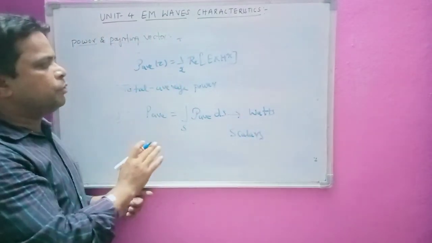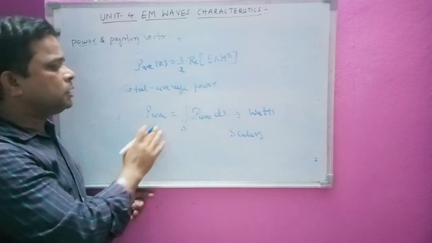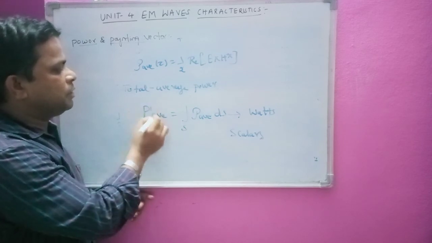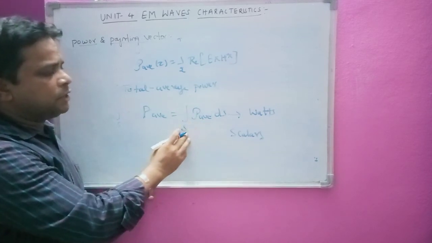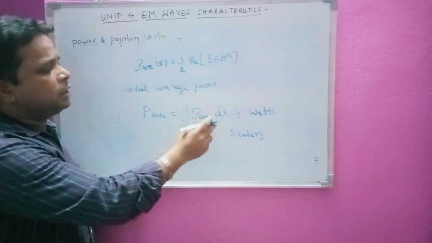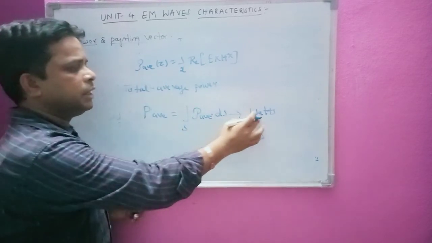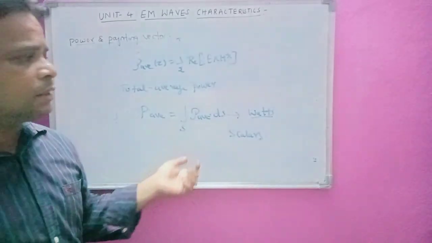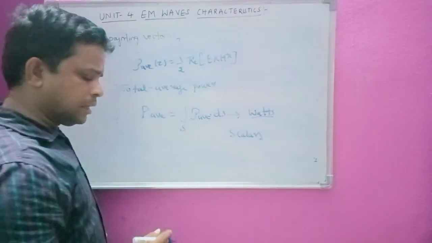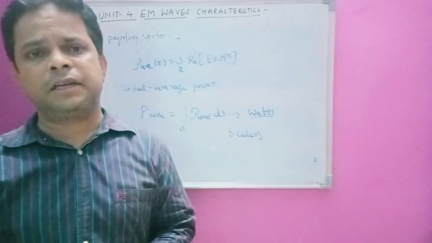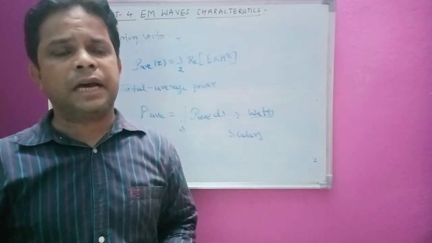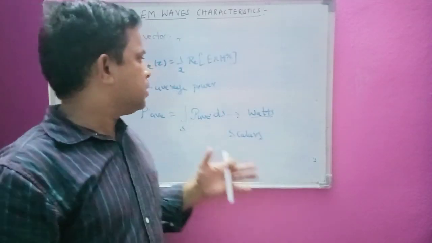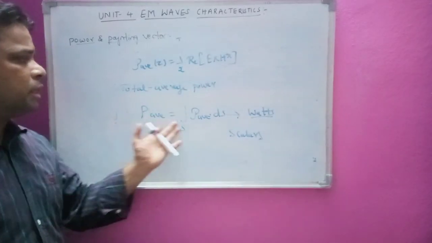So now finally I am going to conclude this lecture with this total average power. The total average power here is capital P average. So don't get confused. This is the total P average here, and it is the surface integration of the P average that we have got, dot dS. So that is what we are going to get. This is measured in watts, and finally we are treating this one as a scalar. So in this lecture class we have seen the Poynting vector and what the Poynting vector states, and we have seen the average power, the average Poynting vector, and finally we have got the conclusion of the total average power, which we get by using this formula.